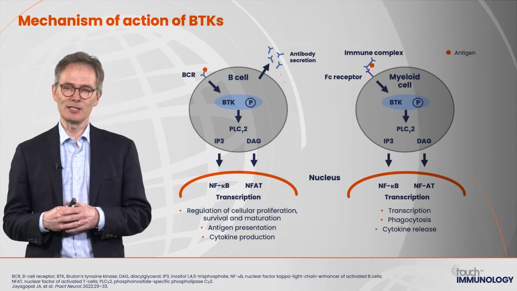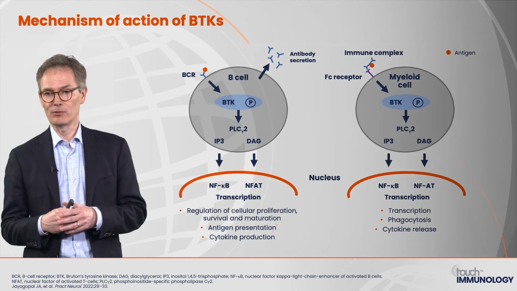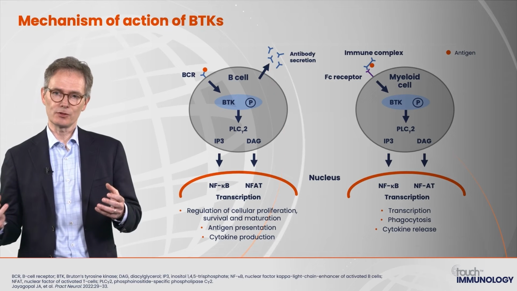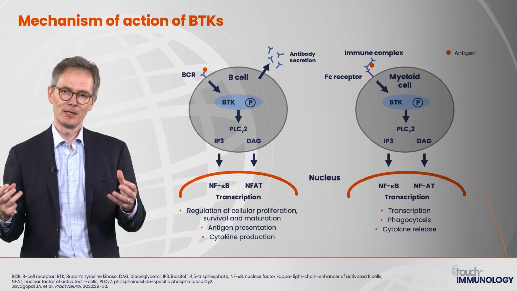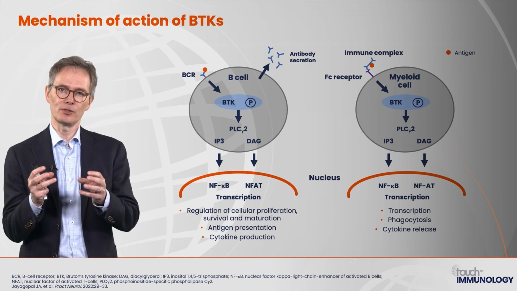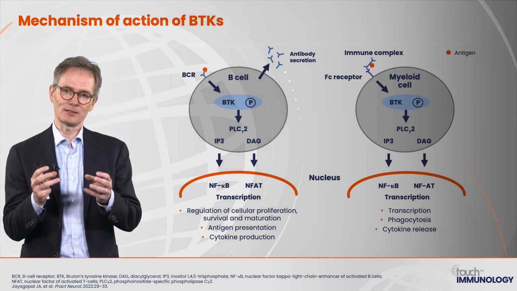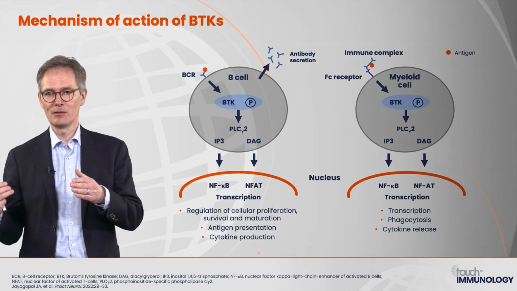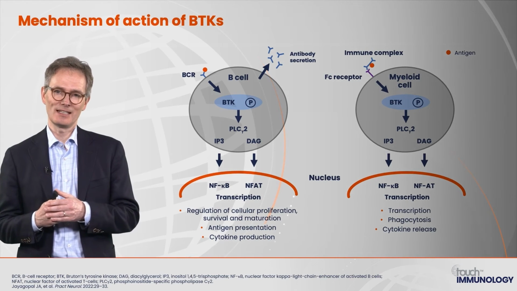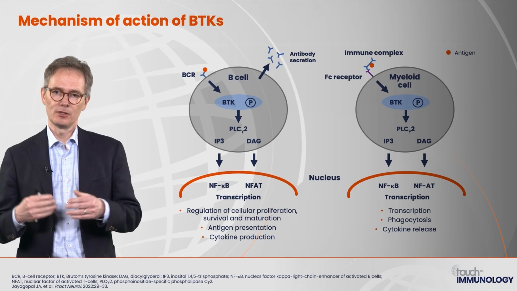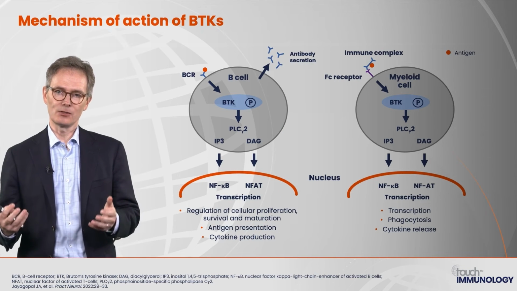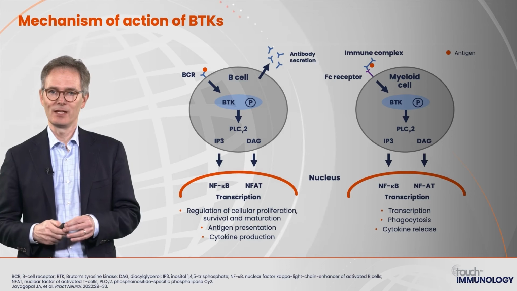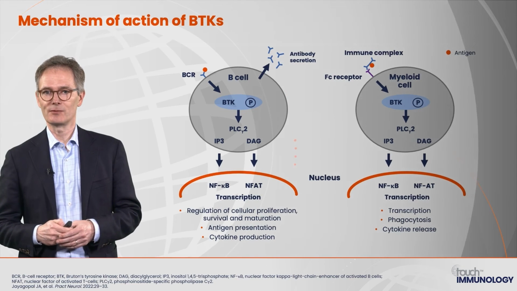And this is essentially an important point that might play a role in progressive MS, where you have a compartmentalized inflammation. So there's not much influx of immune cells from the periphery into the brain anymore, but there's really residential inflammation going on in the brain. And thereby our current drugs that mainly work in the periphery, an example is Natalizumab, a monoclonal antibody that blocks migration of immune cells into the CNS, do not really work in the progressive phase. So one really needs drugs that can go into the CNS in this stage and impact the immune response locally in the brain. And BTK inhibitors might be one of those drugs.